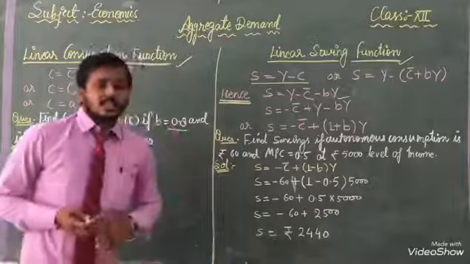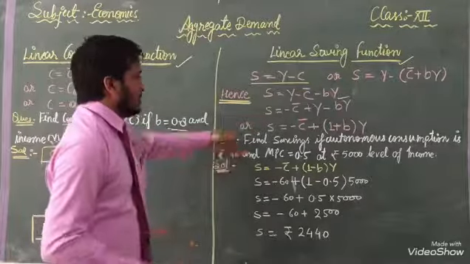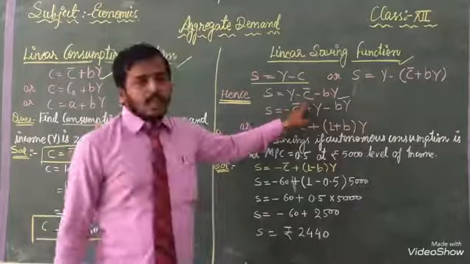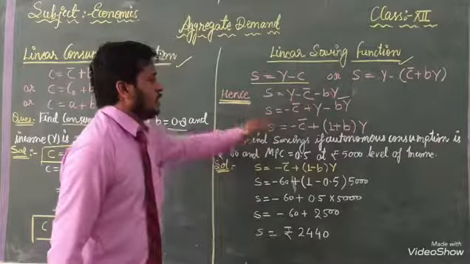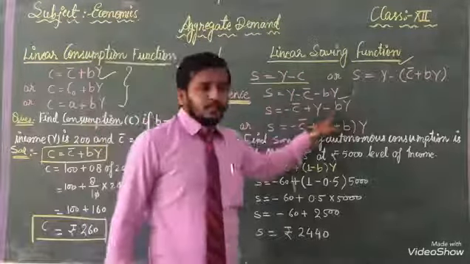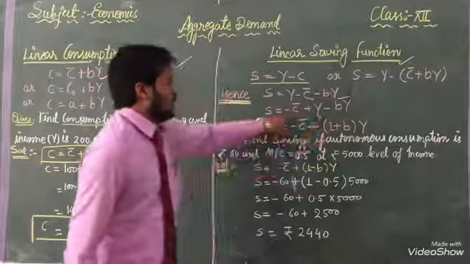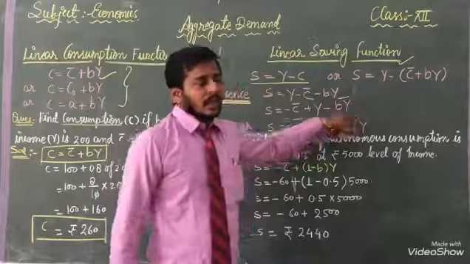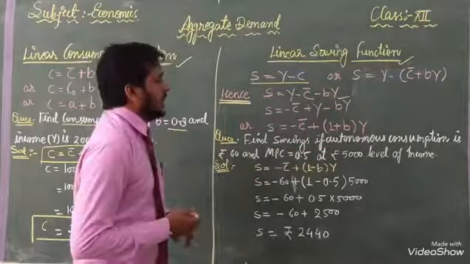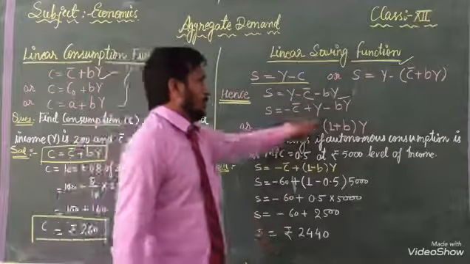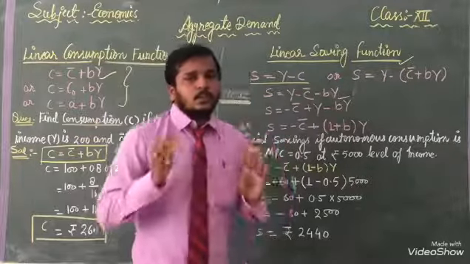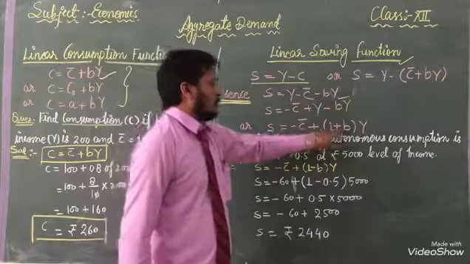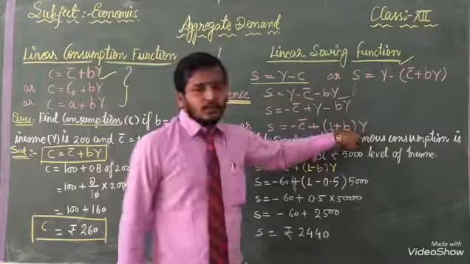If we solve this equation in sequence, then we will get minus c bar. So here we have to do it in the front, and positive we will send here dy. Then minus c bar plus y minus dy will be here, and now we will take y common. If we take y common, you know very well, s equal to minus c plus 1 plus dy and y should be here.